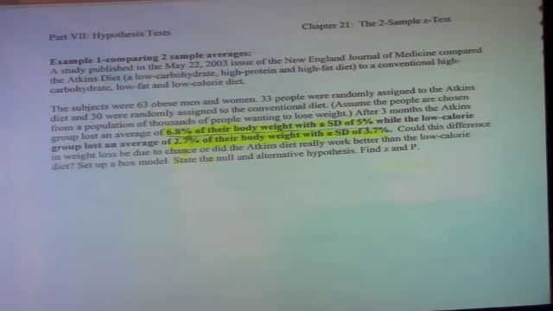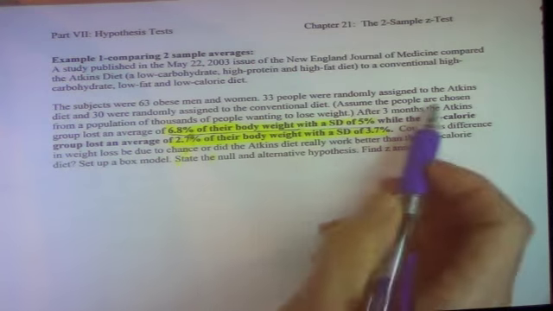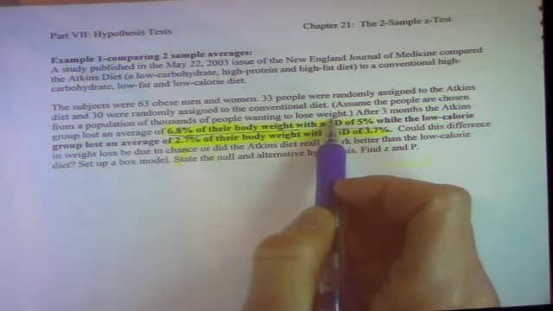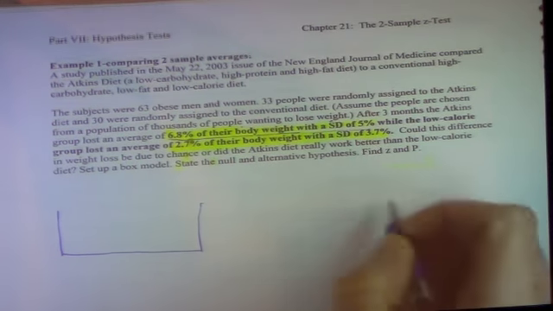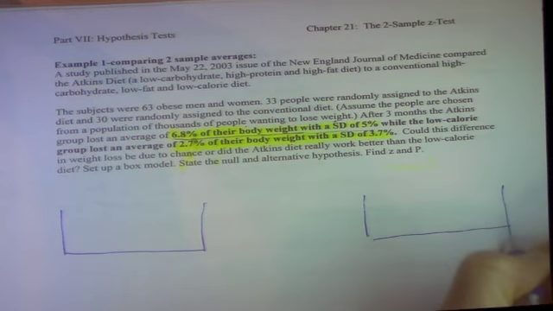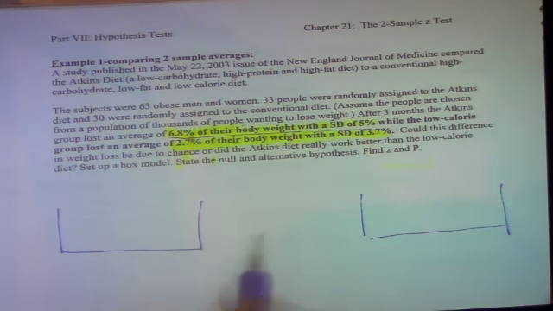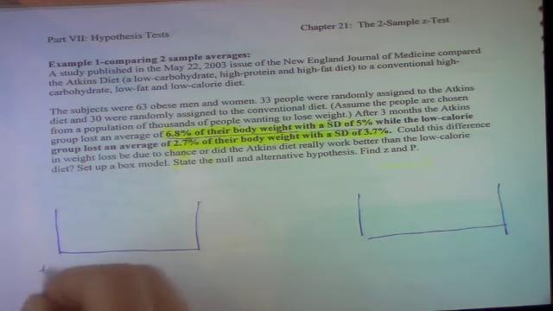All right. Well, there's lots of different ways we can set this up, but the math works out the same for all of them. So I'm going to give you the one that's easiest to do mathematically. And that is, assume the people are chosen from a population of thousands of people wanting to lose weight. There certainly are thousands of people wanting to lose weight. We're not just interested in this group, but we want to know if that diet would work for me and you, if we were interested in losing weight. So imagine thousands or millions of tickets.